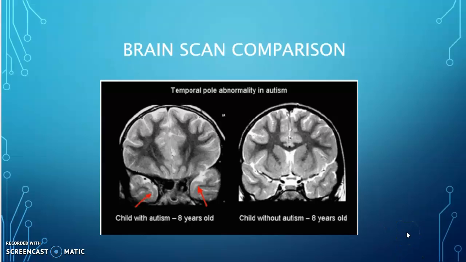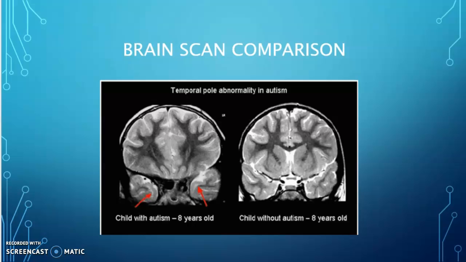This is a copy of a brain scan performed on a child with autism, and it is compared to one in a child that does not have autism, and as you can see, there are significant differences. Research shows that children with ASD have cortical thinning in their left hemisphere. This is the hemisphere of the brain that is associated with social functioning and imitation. They've also noted that children with ASD have smaller amygdala, and this is also a portion of the brain that is associated with social functioning.